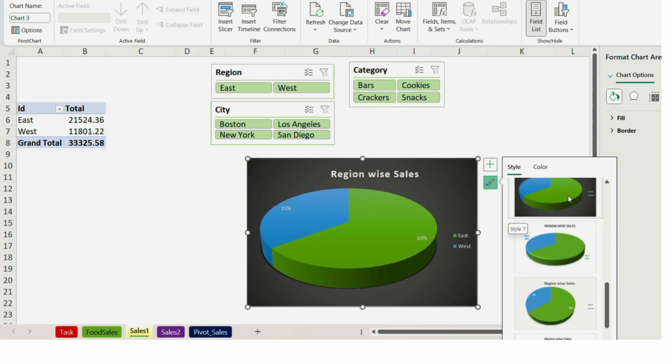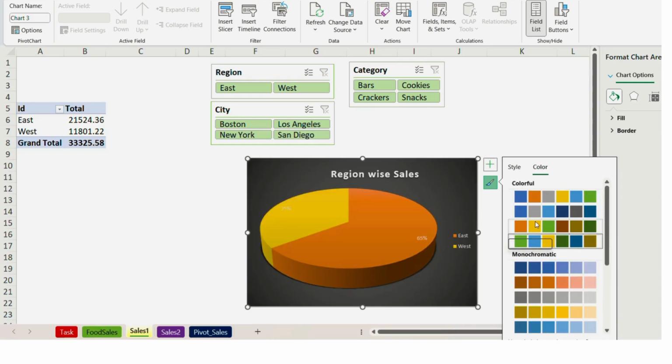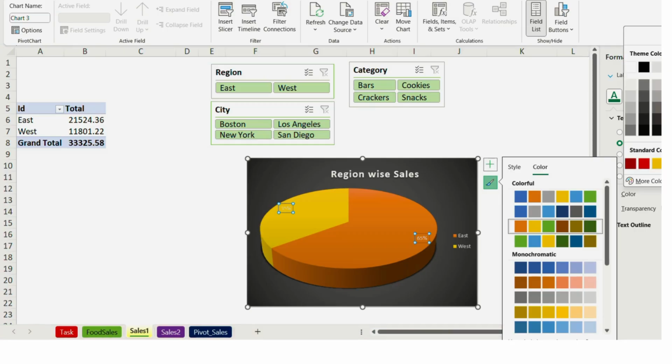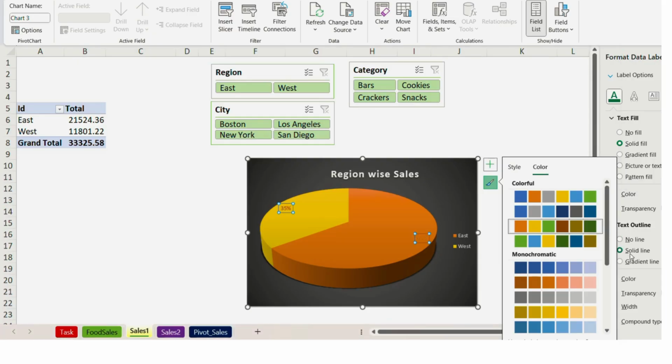Just like I want to take this dark chart, and you can change the color also. See here, you can take up the field percentage wise also, so that it looks impressive. In the text field you can change the color also, solid fill also. Whatever way you want to show your fields, you can do it. And in this I have shown you how you can change the names and colors over here.